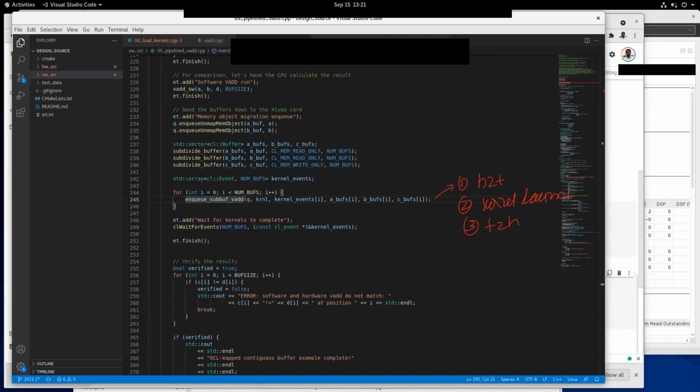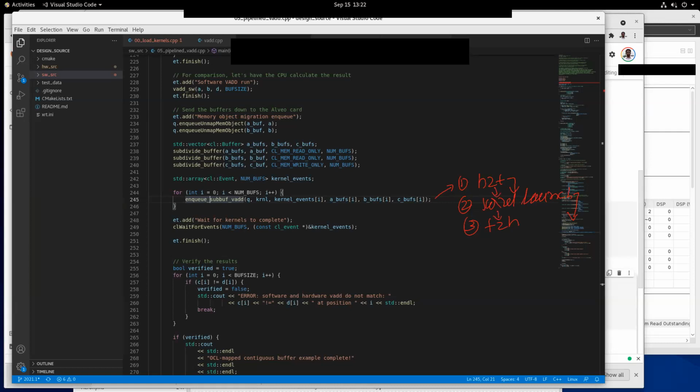One important thing I would like you to pay attention to is that the kernel should execute only after the host to FPGA memcopy is over, and the FPGA to host copy should be launched only after the kernel execution finishes. So there is a dependency between these three.